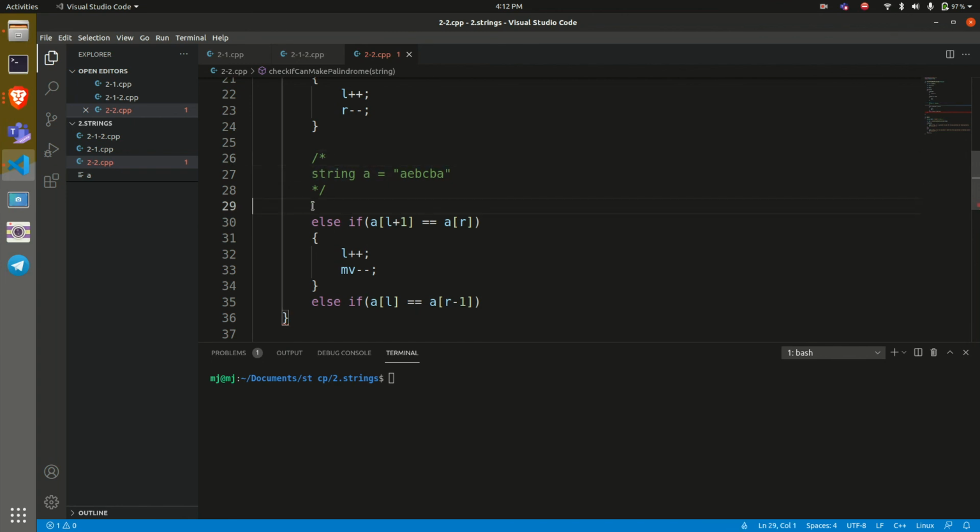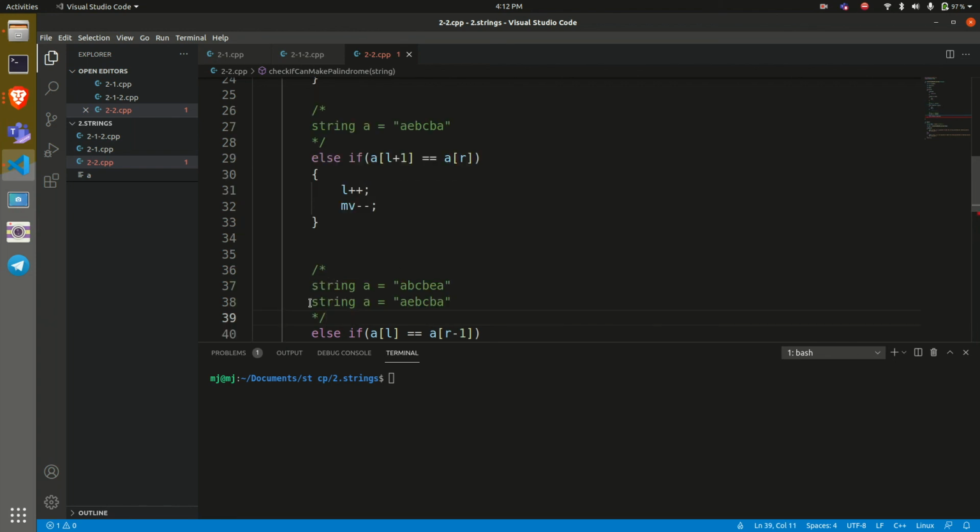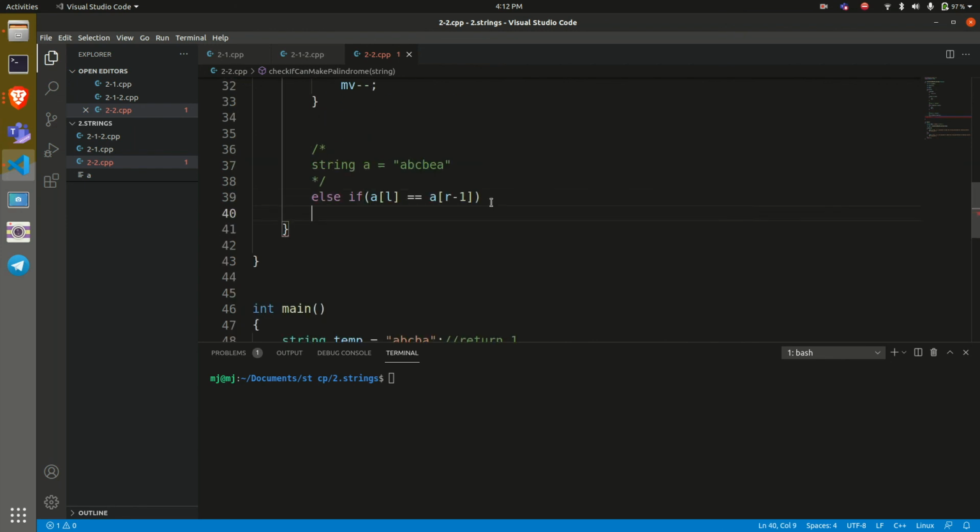So this else if case matches this part, and the first string matches the first case. This B doesn't match with E, but this B matches with R-1. So in that case, we'll move in the R-- direction and we'll do MV--, because we have deleted one character.